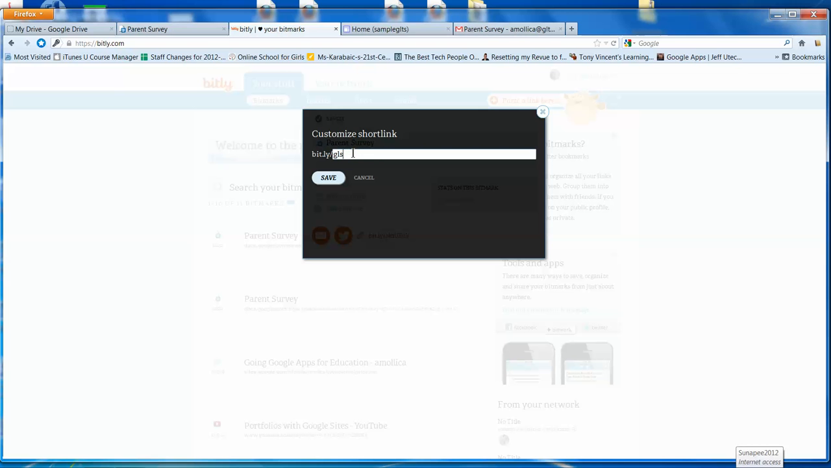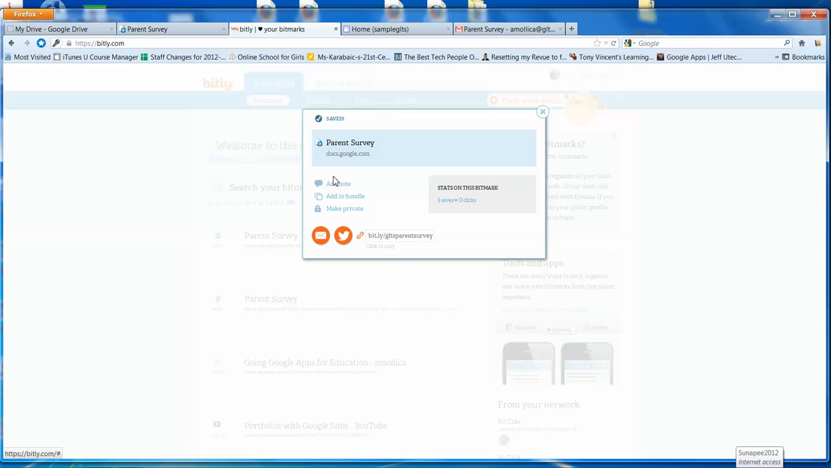You might be able to get a shorter one, GL survey. If it's already taken, it'll say sorry that's taken. So I can show Greater Lawrence Technical School survey. Sorry that's taken. Greater Lawrence Technical School parent survey. Save. There we go. So now I can take this, I can copy it, and I can put that on